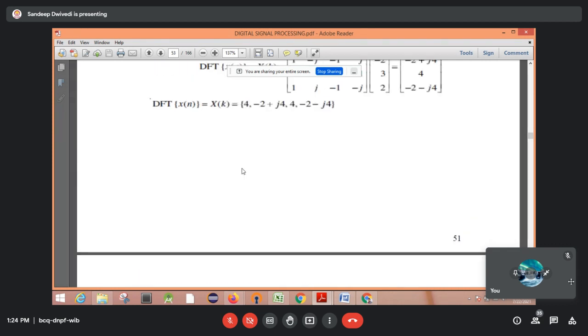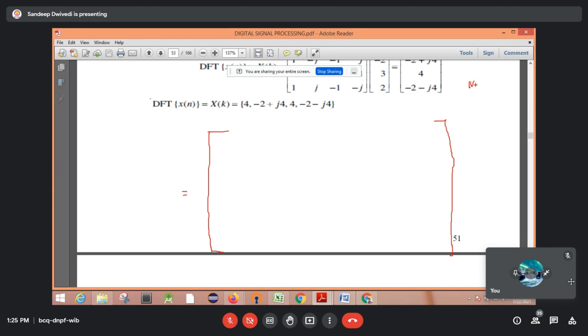see here, for 8-point you can again form the Twiddle factor matrix W. I will not write W, I will just write the elements. First of all, tell me, it is an 8-point DFT, so what will be the size of this Twiddle factor matrix? 8 cross 8, 64 elements. No, it is not 64, it is 49. Why 49? Because capital N is 8 over here.